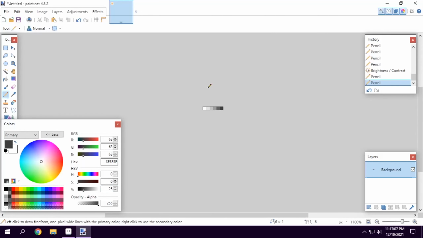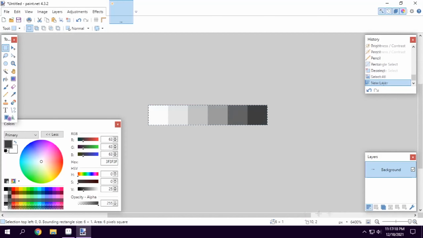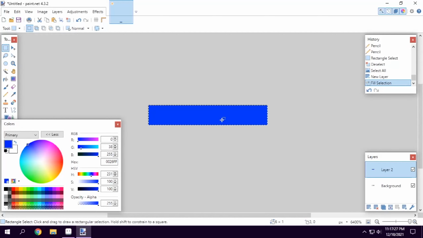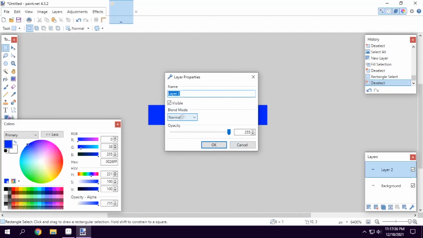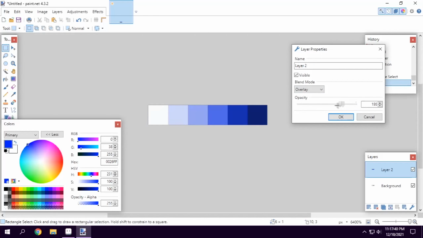And there we have the iron palette, but it doesn't really look too natural. What I usually like to do is select the palette, make a new layer, select this color right here, just basically a dark blue color, and fill it in. To fill the selection in paint.net, use the backspace key and set the layer to overlay and set the opacity